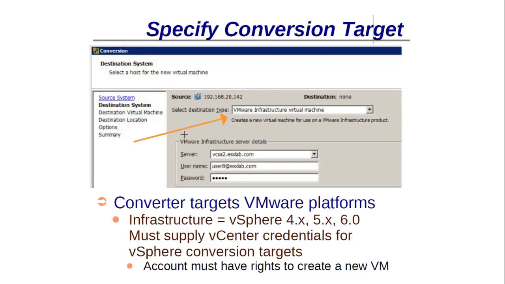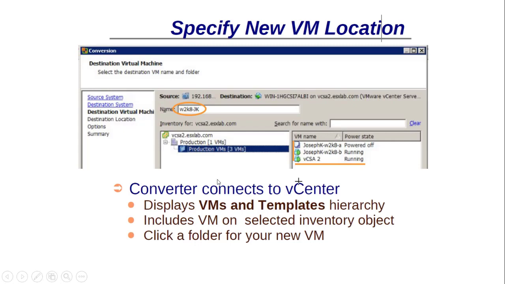In this scenario, you have to give the credentials of your target or destination machine. For example, I am using an ESXi server, so here I have entered my information like vss2.esxlabs.com, the username, and my password. As you enter your credentials, it will open a new dialog box which shows very important options.